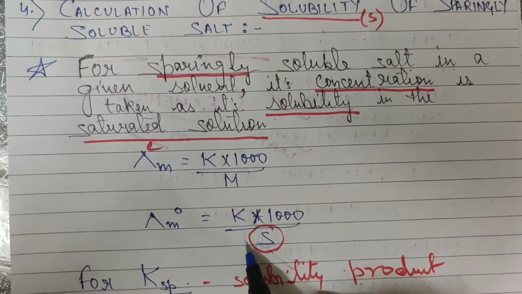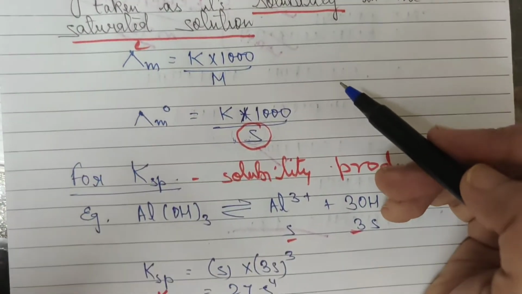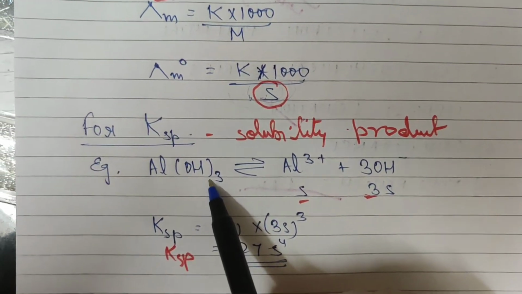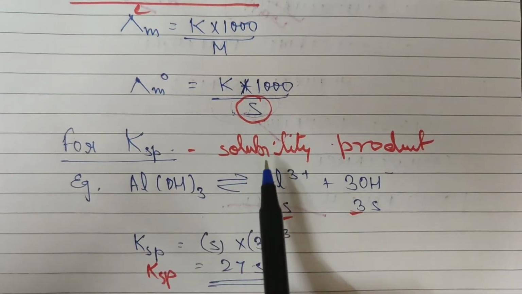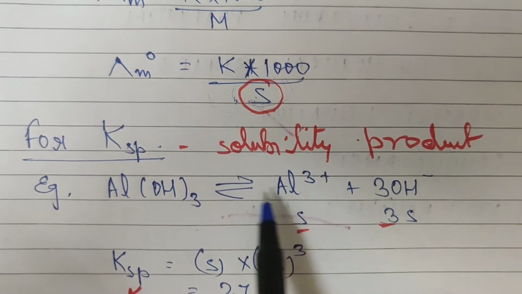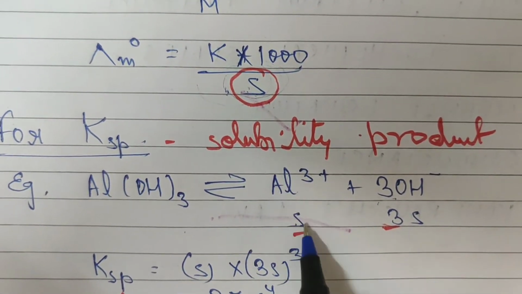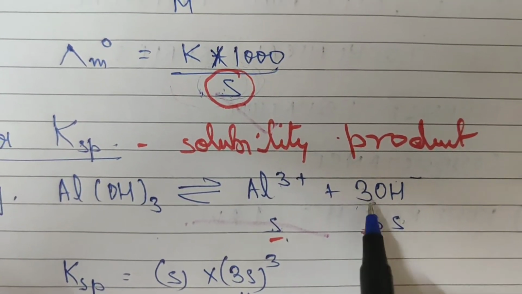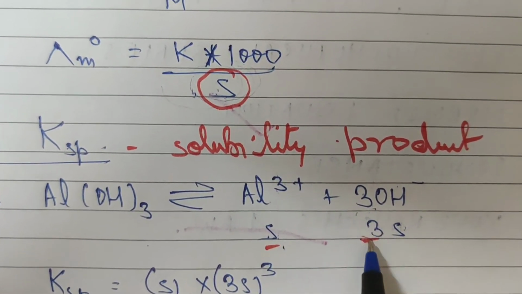And if you have to derive the value of solubility product from solubility, there is a very simple relation between the two. Again, recalling your class 11 concept, I have taken an example here of aluminium hydroxide that dissociates to give Al3+ and 3OH-. So when this sparingly soluble salt dissociates, it will produce S moles of Al3+ and 3S moles of OH-. Depending upon the balancing mole mentioned here, we multiply this also with the same balancing mole.